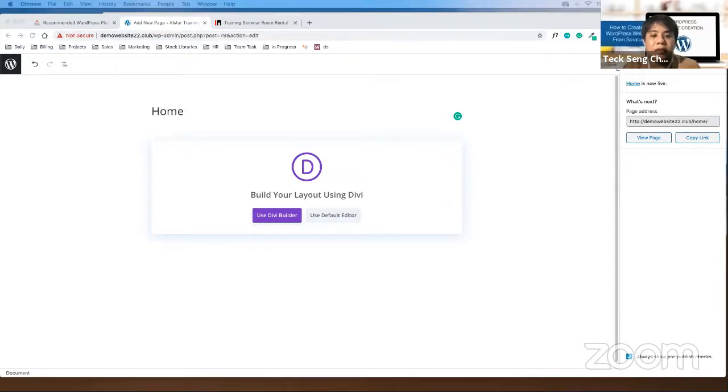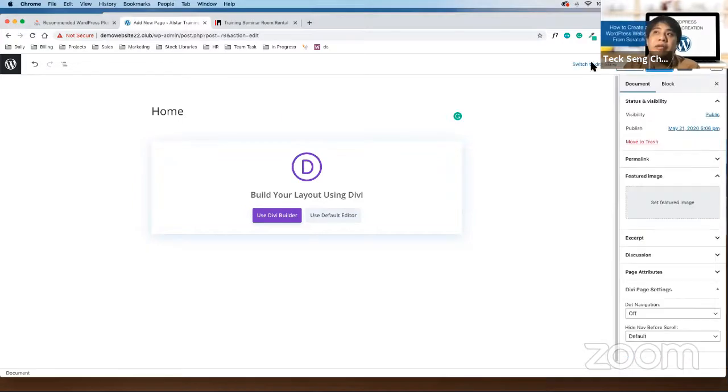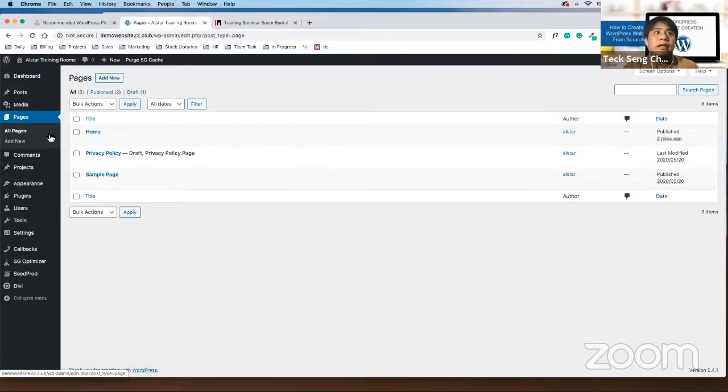Same thing. Once you have published already, let's go back, click on the WordPress icon. If you are on the full page, click on the WordPress icon. Same thing, the next one we want to create is click on add new, then we'll create the about page.